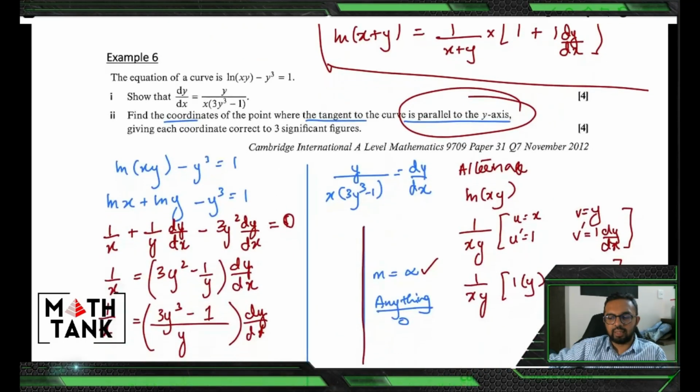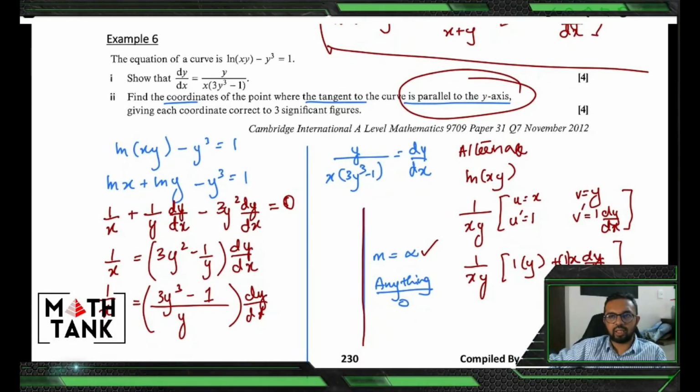So that's about implicit differentiation. I can ask you, okay, parallel to the y-axis means that it's a vertical line. When you have vertical lines, the gradients go to infinity. When they go to infinity, only the denominator is 0. So remember that you don't equate the dy by dx to 0, or you only take the denominator and you